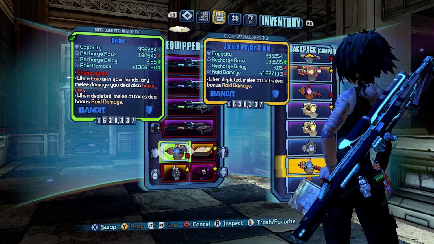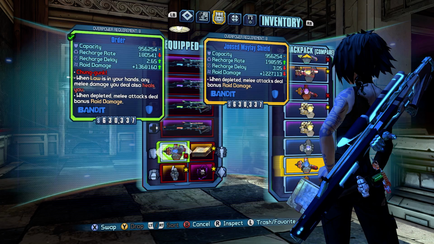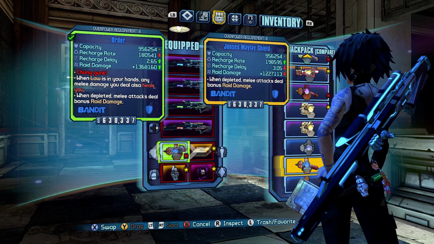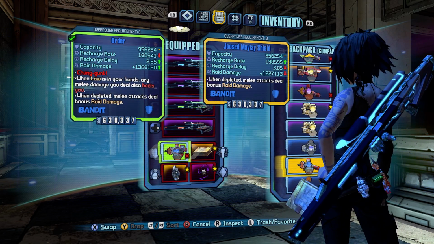But it's an awesome Roid shield because of its synergy with the Law. And the Law does 100 melee damage. It's the only other gun in the Rapier that does increase melee damage, which is awesome. So it's a nice combo. It sucks in normal mode because they don't scale up if you wait to finish it. And you get them at like